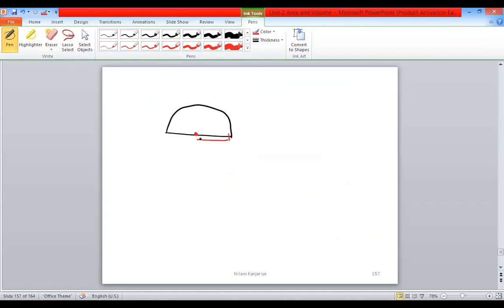This distance is known as R, and this again R. So in short, it is 2R. It is denoted by 2R, and this full thing is known as the diameter. This is your radius and this is your diameter. So first of all, I'm finding the value of the circumference of the semicircle. This is your semicircle.